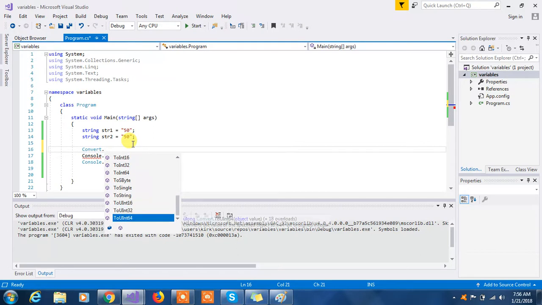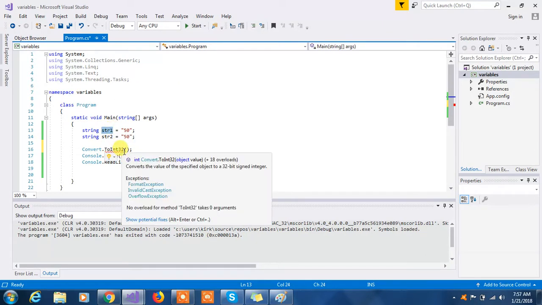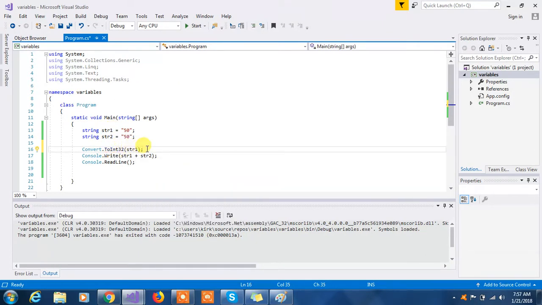These are different methods for converting to different types, but here we're just going to use ToInt32, and we're going to put in str1 here. Instead of having it like this, we're going to do the conversion inside of this method. And we're going to have str2 here. So inside of the console write method, what we're doing is we're going to convert